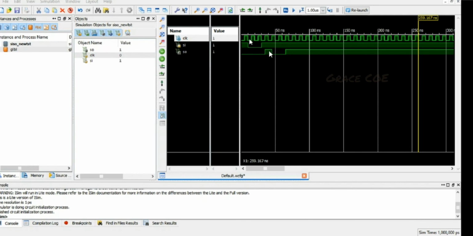So after that you can see the next input we have given is 0. So this 0 is appearing over here. So the next input is 0. So that is again appearing over here as 0. And then the last bit sent into the register is 1. So that is again appearing over here. So this is the way we will be shifting the data serially on a bit by bit basis using the serial in serial out shift register.